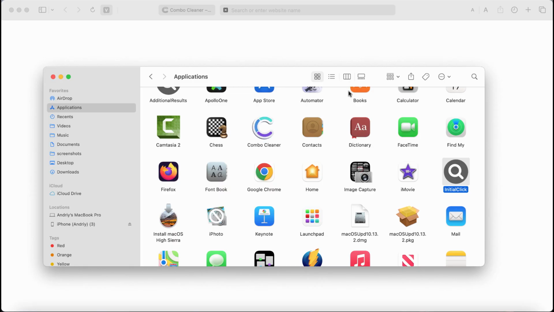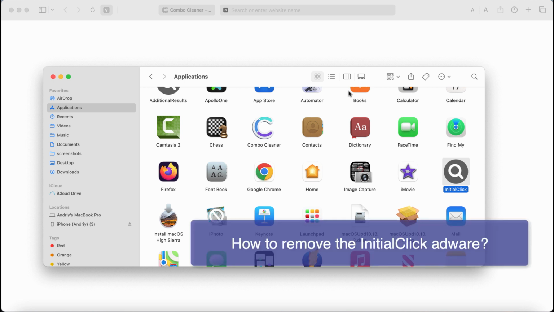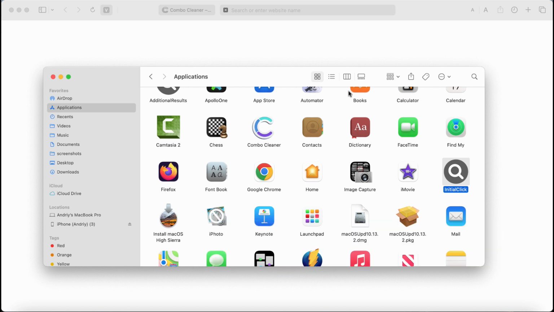The video guide is about getting rid of the new adware type application called InitialClick. InitialClick is a new adware from the adload family of adware type infections. InitialClick adware, once installed, may start periodically displaying quite intrusive advertisements that are not related to the sites that you